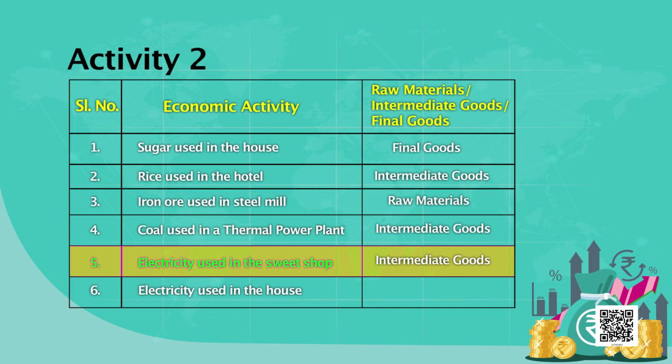Electricity used in the sweet shop? Intermediate good. Intermediate, because that's not reaching the final consumer. He uses electricity to produce sweets. Okay. Electricity used in the house? That is final. Very good. So this is how you can classify the goods into three, and then you can also look at the